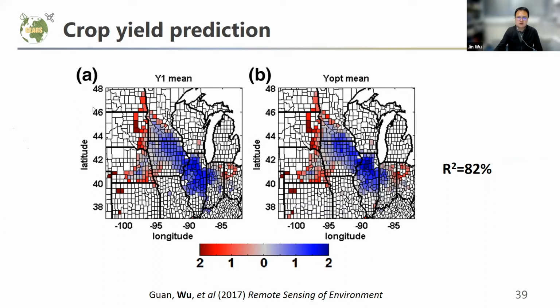Panel A shows the benchmark data from the ground surveys, and panel B is the remote sensing when we integrate multiple sources of remote sensing together to predict with the model. And overall, we can tell it captures the general pattern quite reasonably well, with a predictive power around 82%. That suggests that when there's not yet a hyperspectral remote sensing solution from satellite, we can potentially also leverage multiple sources of remote sensing to achieve similar performance, especially for crop yield monitoring and forecasting. That is actually quite an important issue.